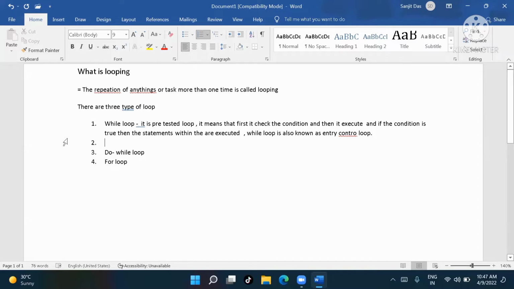Now for the do while loop. What is meant by do while loop? Do while loop is very similar to while loop and just the opposite of while loop in programming.